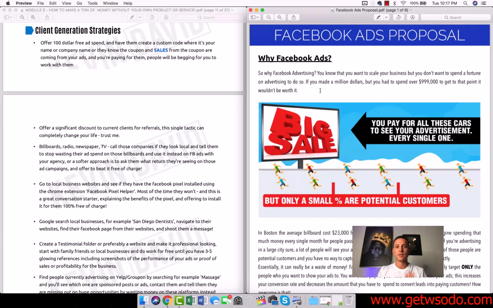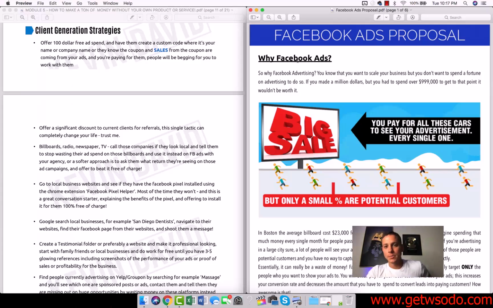So let's go through parts of the template just to understand each part of it, and then you can decide if you want to use something similar or take parts of it that you like. Exactly how we always talk about throughout the course, never reinventing the wheel, starting with something that's already been proven to work, and then making it your own, making it better.